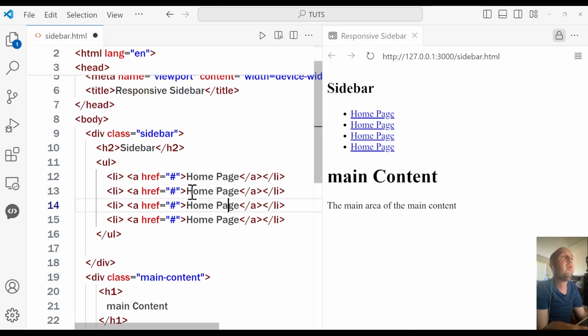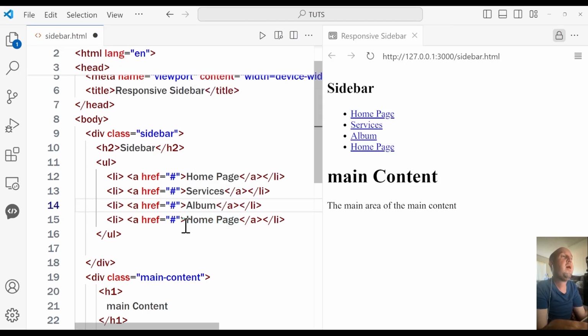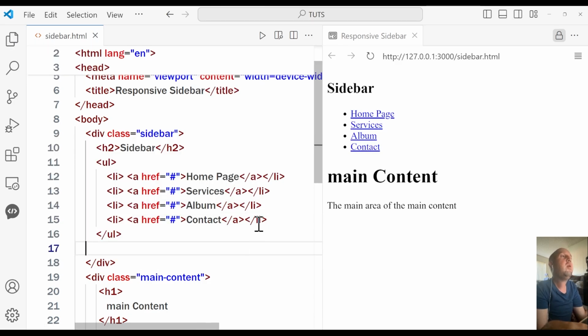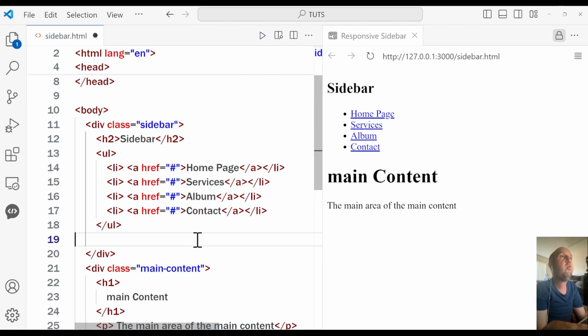So you see we have 4 links now. I'm going to change these to services. This will be album and contact. Just like that. So we have that there. We have this there, and I'm going to select them all, and I'm going to format my code so you can see it better. All right, so you see inside of each li we have a link,